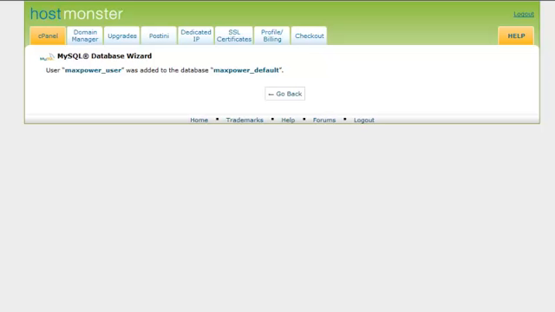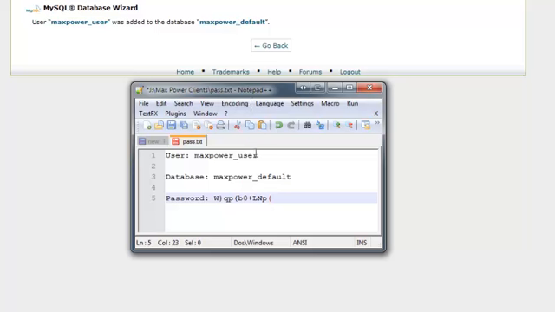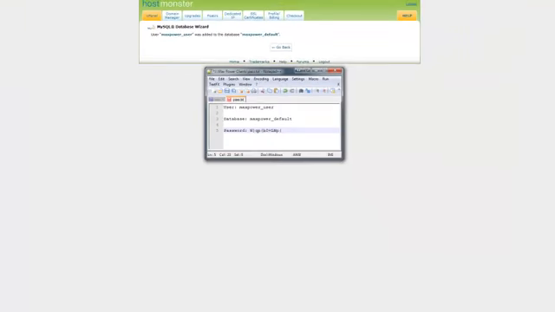I went ahead and copied over the information here. So we have the user, the default, and the password that were created in the first video. And now we're going to make a WordPress installation. So what we need to do is first we're going to go to